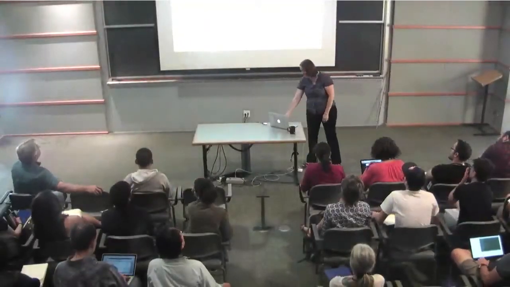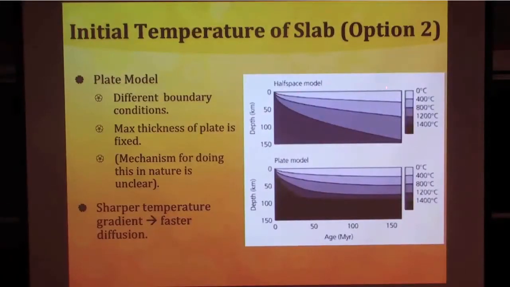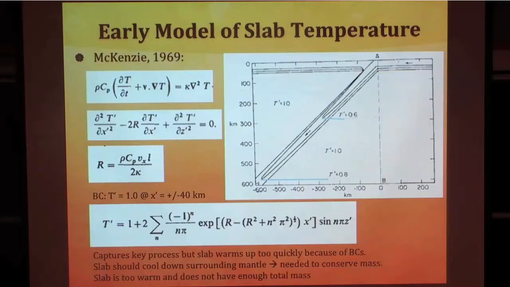So have in the back of your mind a half-space cooling model, or a plate model, whichever you like. But basically, you have this spreading out of the temperature contours, and so you have the plate, which has a thermal profile that's fairly broad, not very sharp. Some of the earliest models for the temperature of the slab, I'm going to run out of time, actually. So some of the earlier models put on boundary conditions that basically fix the top and bottom of the slab to have the same temperature as the surrounding mantle, and completely forgot about the fact that you had an initial